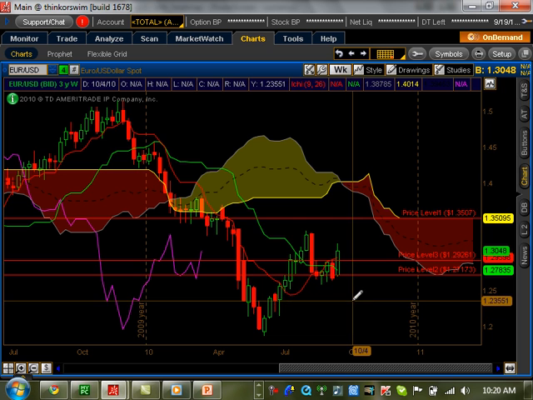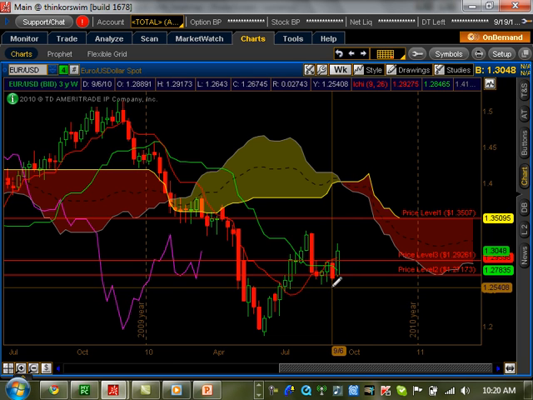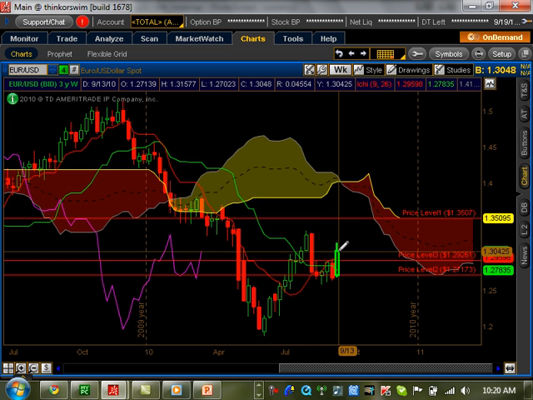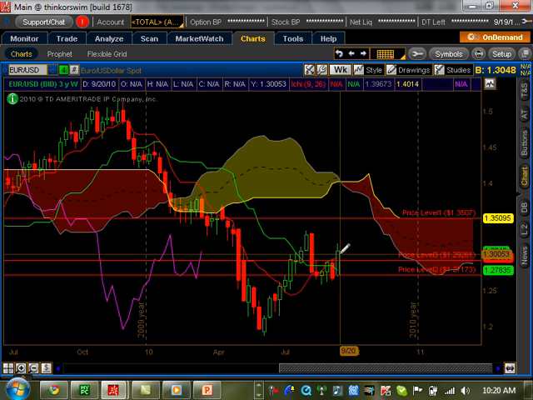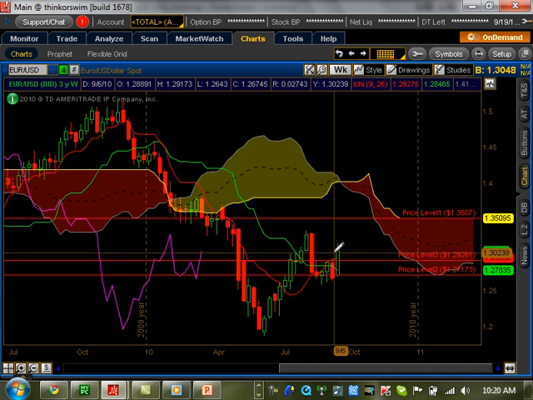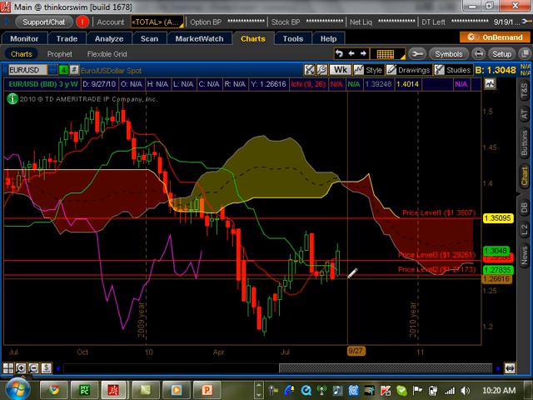So we said to hold, sit tight. There really weren't any opportunities there. And look at what happened here. Last week, we basically went the other way, closed above the Tenkan-sen, and now we're above that little range we had defined here. Now, just because we close above the Tenkan-sen and Kijun-sen doesn't mean we're ready for opportunities